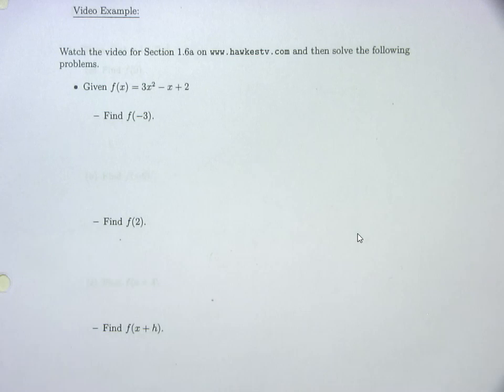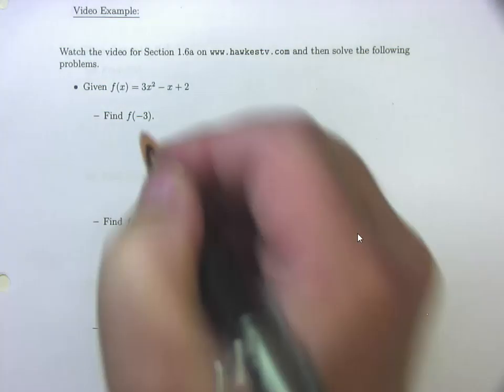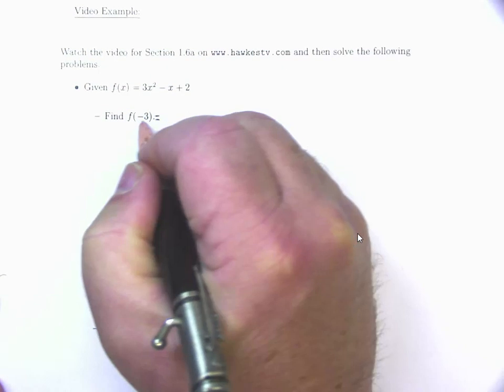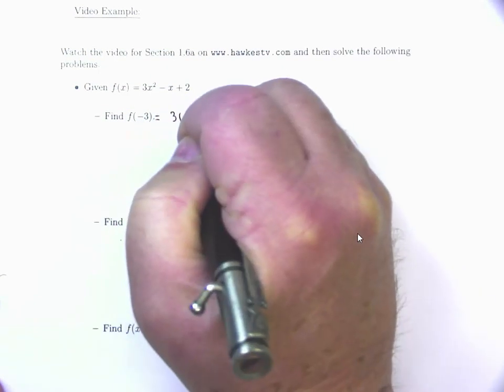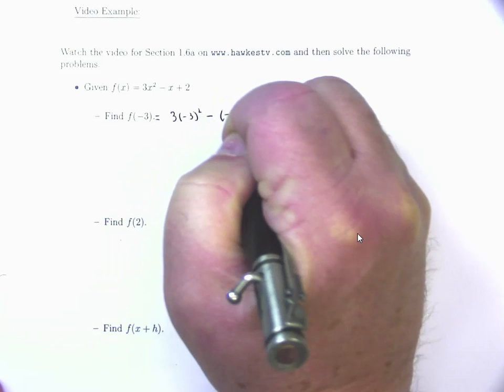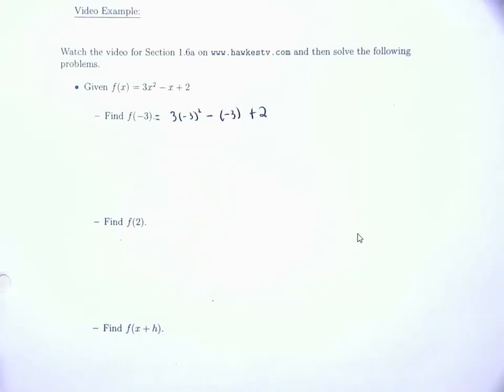So, if f of x is equal to 3x squared minus x plus 2, then what would f of negative 3 be? Well, the whole goal behind this functional notation is, I don't care what's inside the parentheses that comes after the f, that's what I'm going to replace the x with. So in this case, f of negative 3 would be 3 times negative 3 squared minus negative 3 plus 2. Now again, what I want to show you here is literally I am replacing all the x with negative 3.